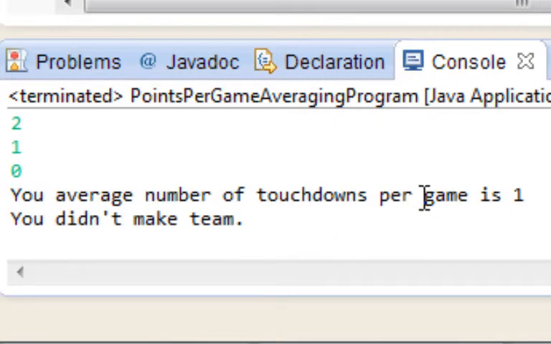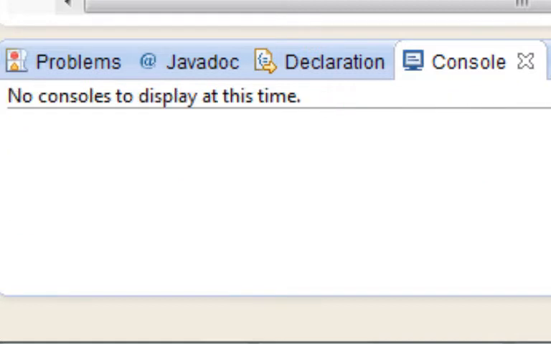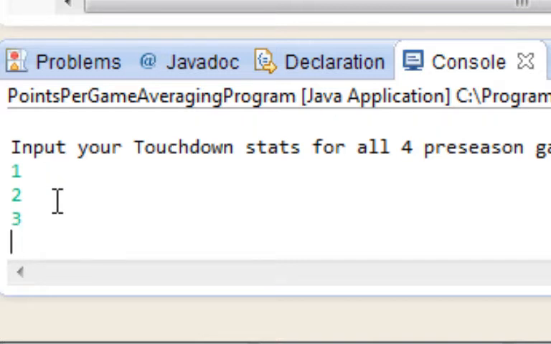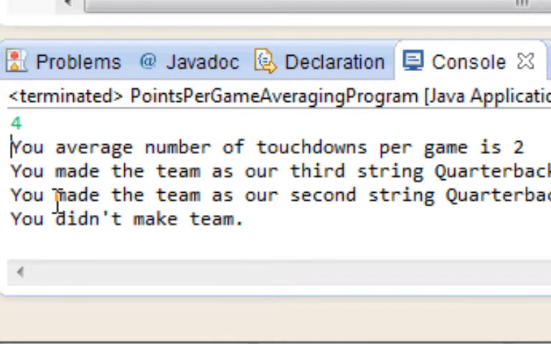Your average touchdowns per game was 1, and you did not make the team. I'd say next year we came back with a chip on our shoulders, and we throw for 1 touchdown in the first, 2 in the second game, and I have pickups. What more could I ask for? 4 in our final game, and basically